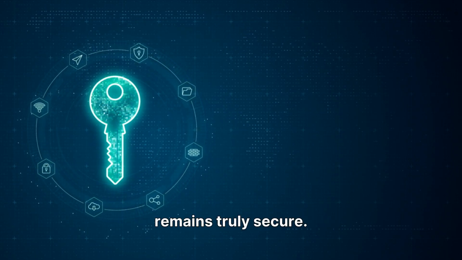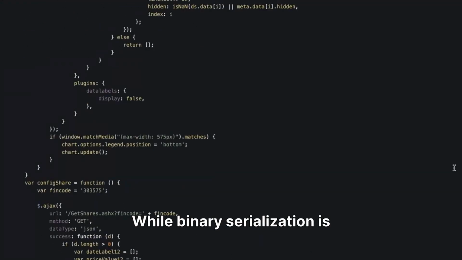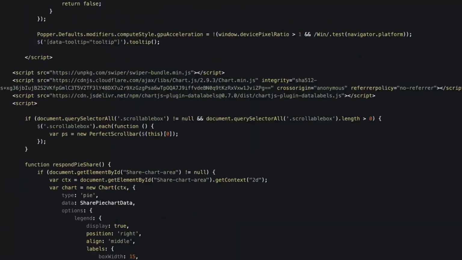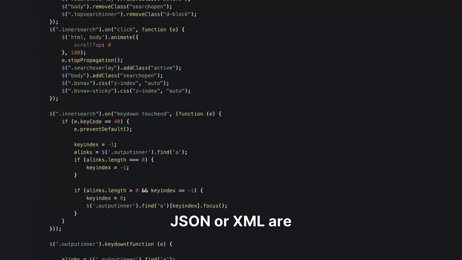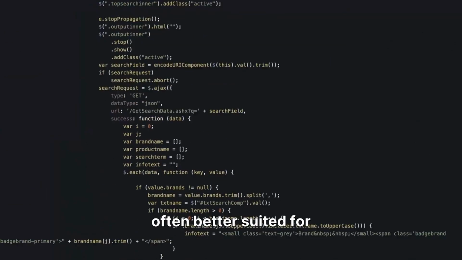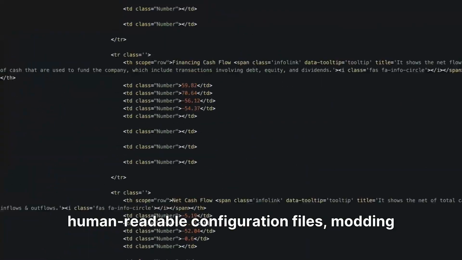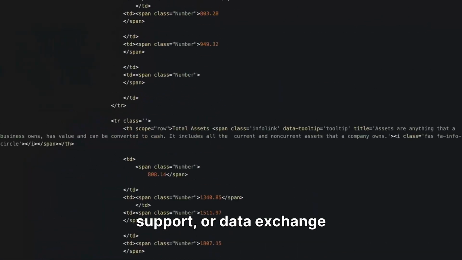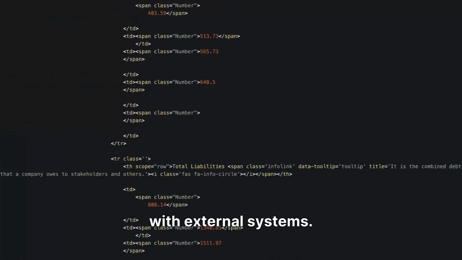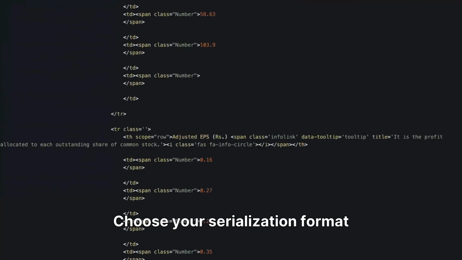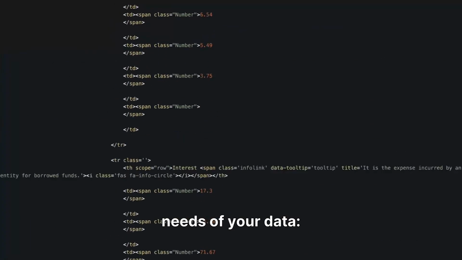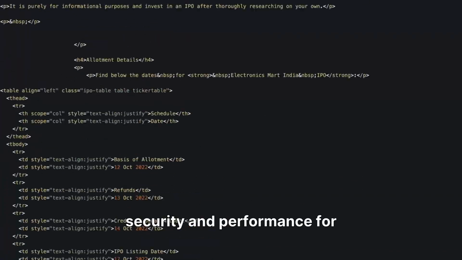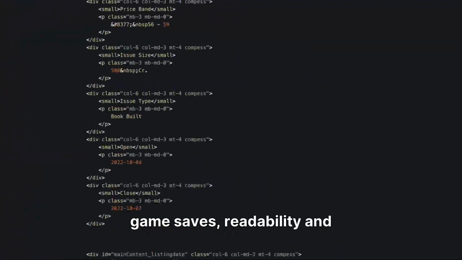remains truly secure. While binary serialization is powerful for performance and obfuscation, other formats like JSON or XML are often better suited for human-readable configuration files, modding support, or data exchange with external systems. Choose your serialization format based on the specific needs of your data: security and performance for game saves, readability and